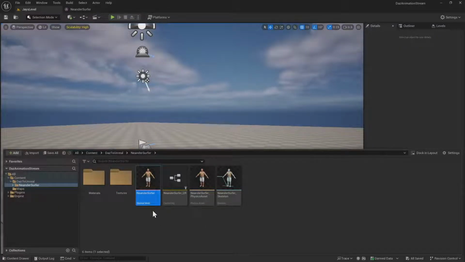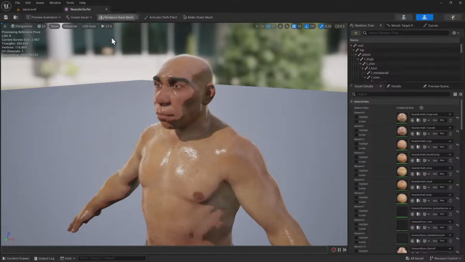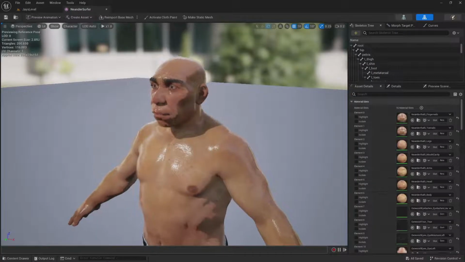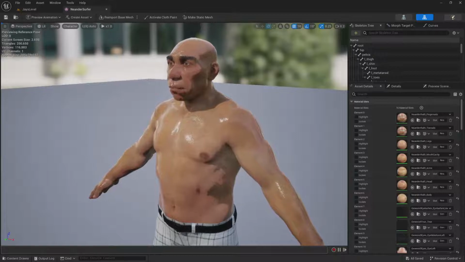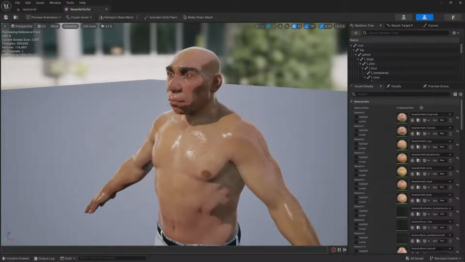So this one here, the pink one, is a skeletal mesh. And if you double click that, it opens in its own window called Persona. And here I can see the skeleton hierarchy. I can see some morph targets had I copied them over. And I can see the material slots here. Materials are a little difficult to explain in Unreal Engine, but if we go and do something like the legs